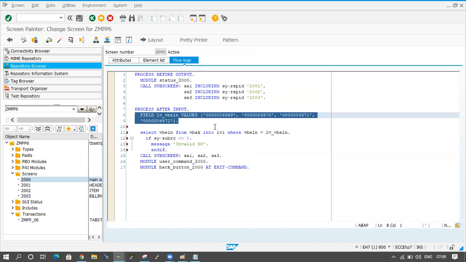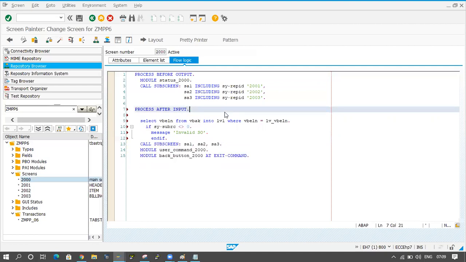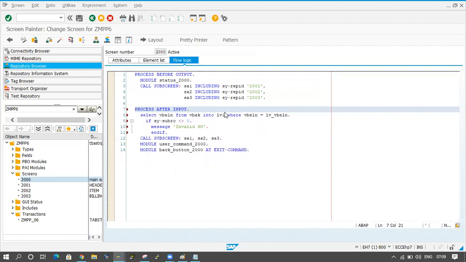Here you are giving some number. In those numbers only you have to take the value. If you take other than these values, even though the value is available in the VBAK table, it won't be considered here. In these 4 fields you have to take one field. But I don't want this one. I want to check: I am giving some number, and we have to check whether that number is available in the table or not. If the number is available, then that's okay. If the number is not available, then I have to show one message.